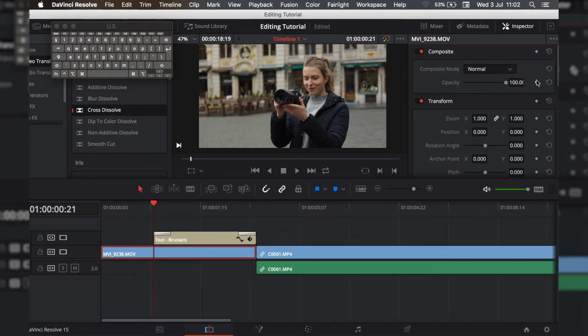And I'm going to use keyframes again, just to show you what it does on a different value again. So right now opacity is at 100, which means that it's a completely opaque video. But let me add a keyframe here. So anything up to this point where I'm pressing the keyframe will be 100. But now if I go forward 1, 2, 3, 4, 5, just using that side arrow again, 5 frames, and I click on the diamond again, I'm going to add another keyframe, but this time let me take the opacity